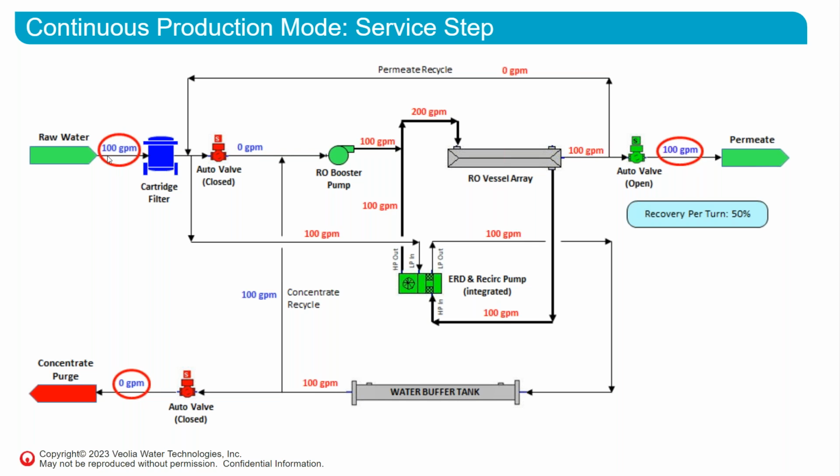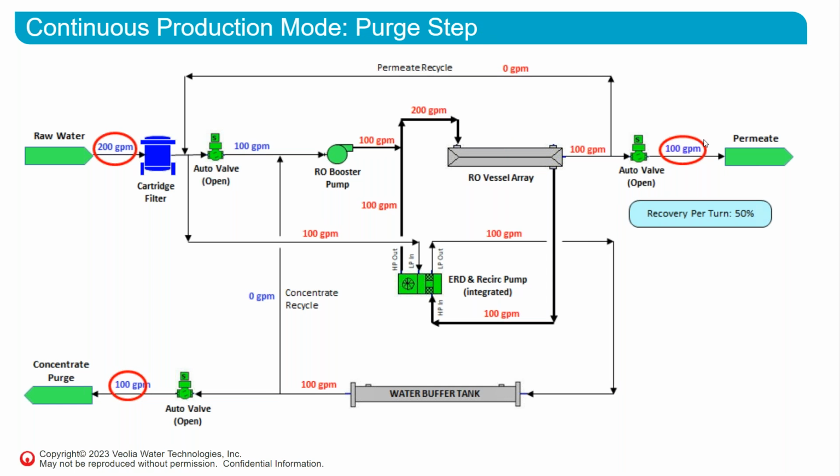We have 100 GPM of raw water coming in and 100 GPM of permeate going out. So once we achieve our recovery, we go to the purge step. In this case, notice the permeate is still at 100 GPM. So we're producing a continuous permeate, but in this mode, that means we need more raw water feeding. So we basically have to jack up our raw water flow. This is another way that we could potentially operate in continuous production mode if it suits the needs of